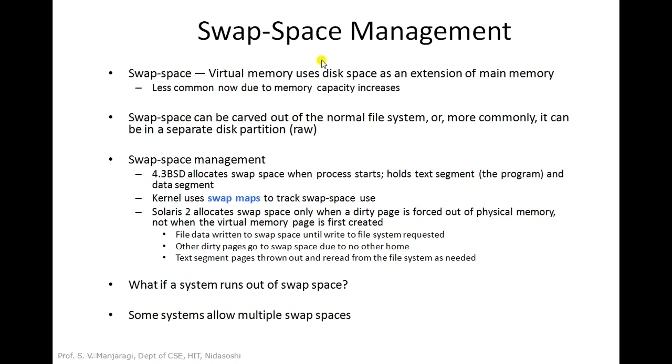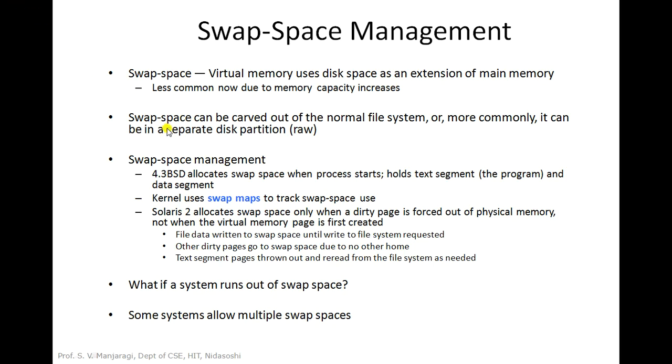Now let us look at swap space management. We already studied virtual memory. If there is no space left in the main memory, then processes are kept in the virtual memory. Virtual memory is basically a partition from the disk which is acting as an extension to the main memory. We know that the size of main memory is limited. Only a limited number of processes can be kept in the main memory, and once the main memory becomes full, the remaining processes will be kept in the virtual memory. It is basically a partition of the disk that is taken as virtual memory.